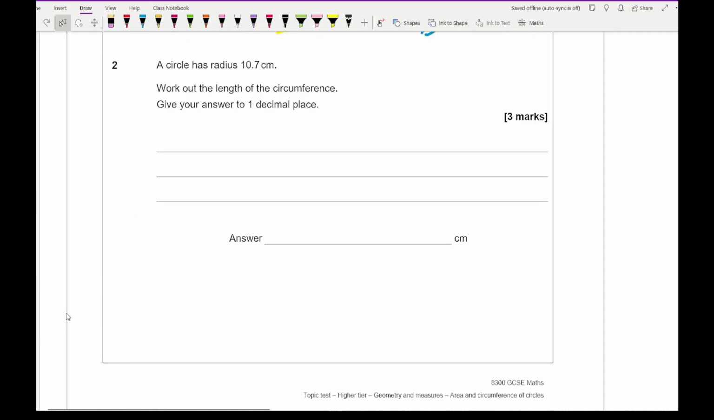It says a circle has a radius of 10.7. It says work out the length of the circumference, give your answer to 1 decimal place. So for this, we know the radius. So then using 2 pi r, it's going to be 2 times pi times 10.7. Now alternately, if I just write down the answer, let me just type that into my calculator, so 2 times pi times